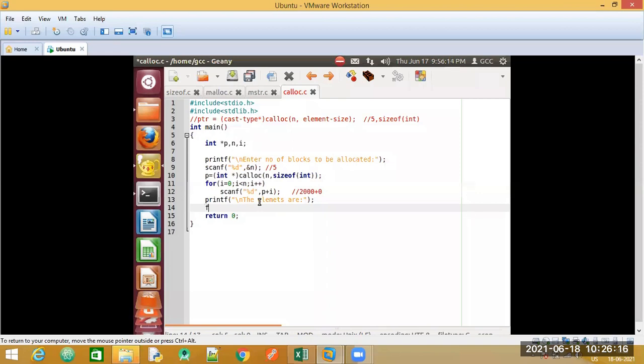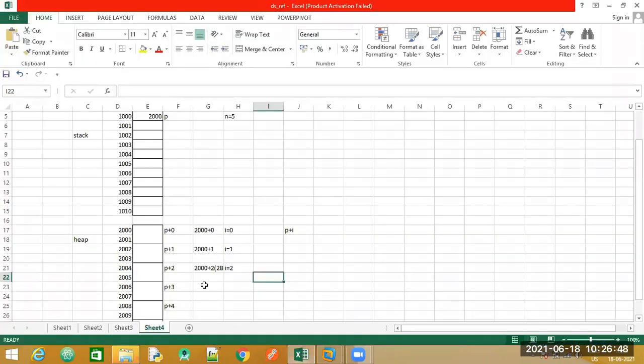So I will require again a for loop here, since we are having 5 elements or n number of elements. Fine. So I is 0, I less than n. Now the only thing that we need to change here is, let me also print it on the next line, this part. Now I need the contents here. Can you tell me what will be the change? If I need to access the value, we have to add the asterisk symbol. Correct, the asterisk symbol to access the content that is present at this location.